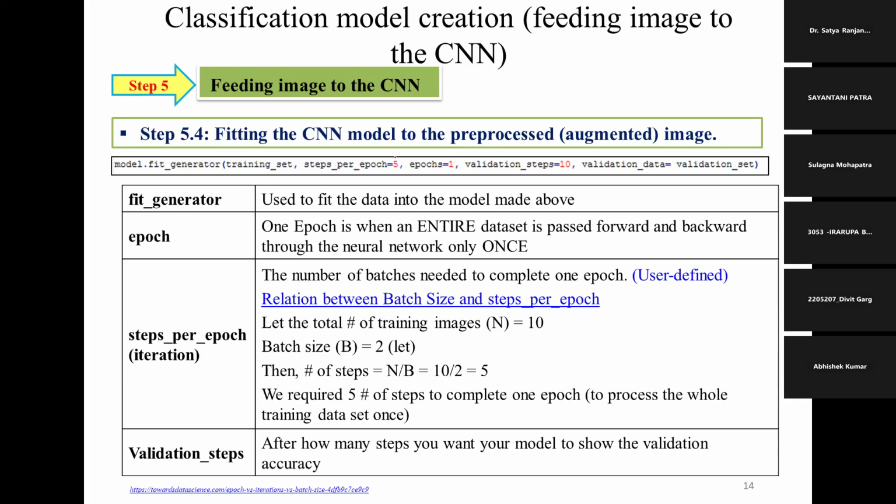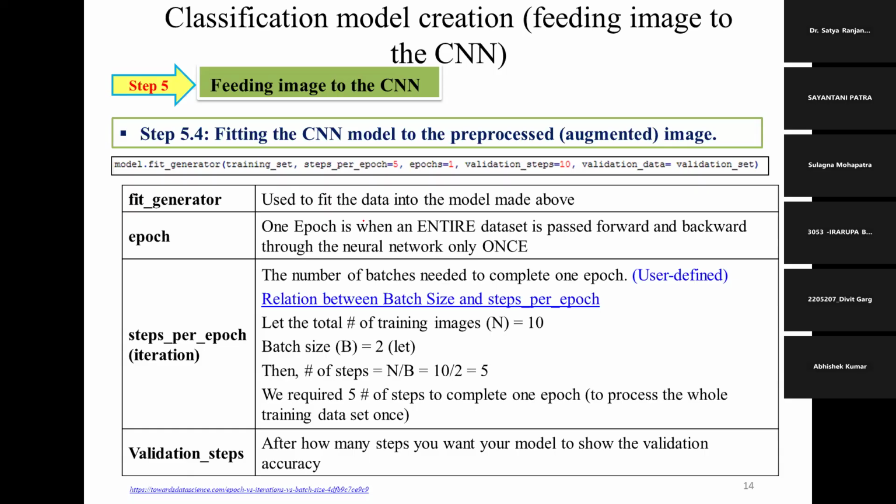Okay, first we'll discuss the epoch. What is an epoch? One epoch is when an entire data set is passed forward through the neural network only once. You can say epoch one means one round. Suppose you have 100 images and 10 batches. In epoch one, the first round, you show the 100 images in 10 batches.